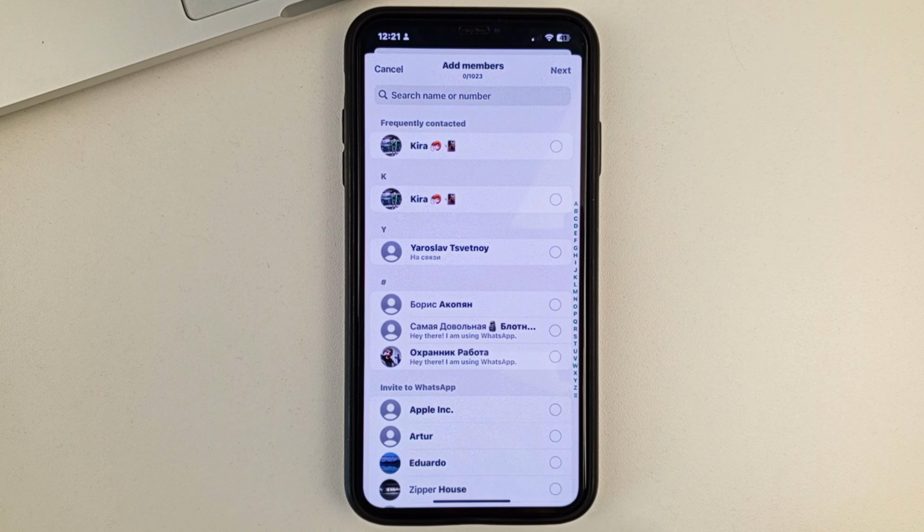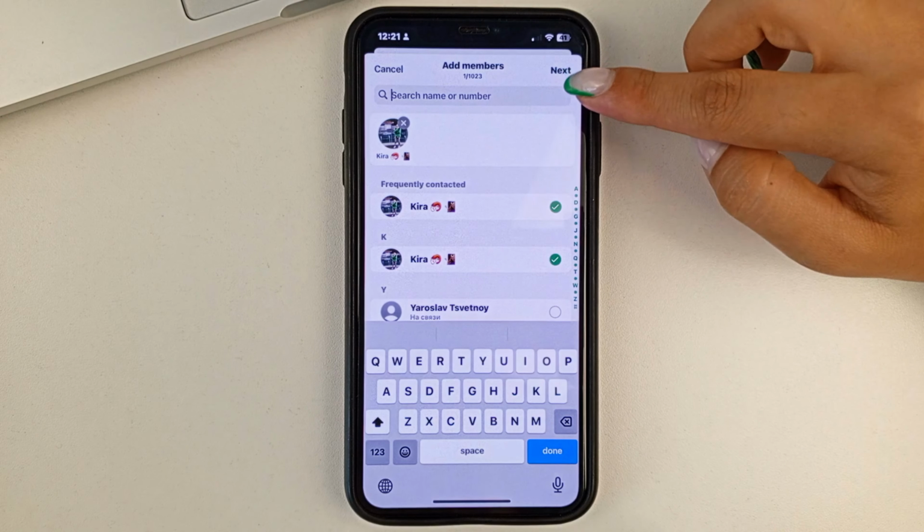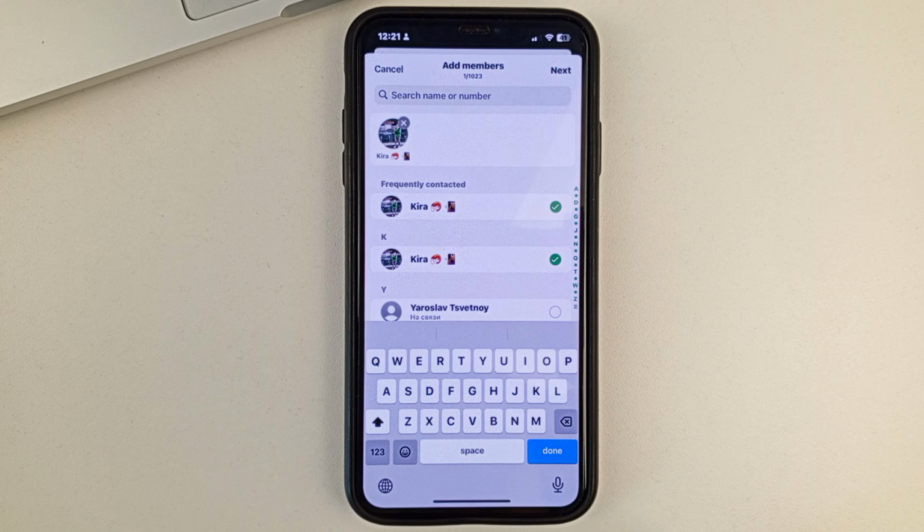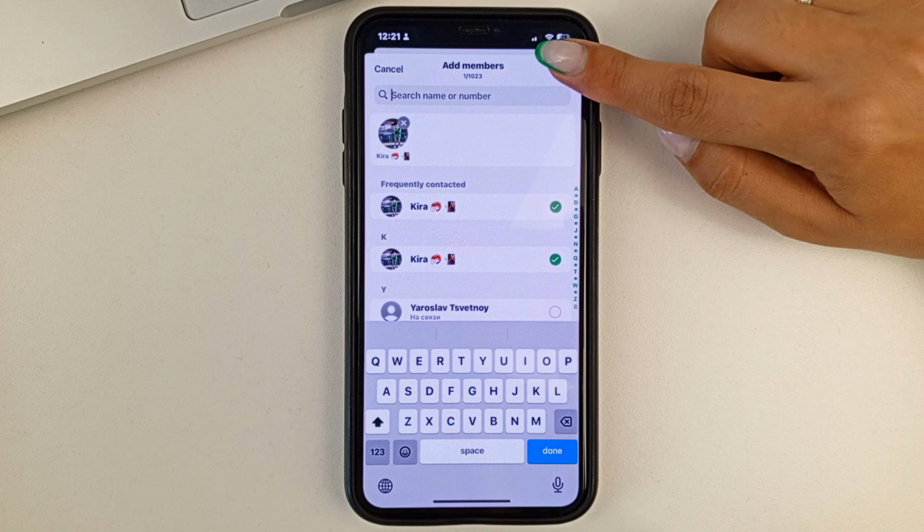After that, friends, you will need to select the people you will put in this group. You can just scroll through and select people. Or you can enter a person's name, for example, by typing it into a search box like this. Once you have checked all the people you would like to add to your group, click Next.